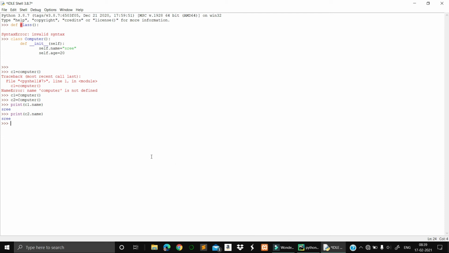So I don't want this one. I just want to change the value. I'll change the value of c1.name and remake this one. Okay, Rashi, I'll take some value, and I want to print what is there in c1.name and what is there in c2.name. If I run this one, I get the changed value, right? Okay, fine, sir. What next?